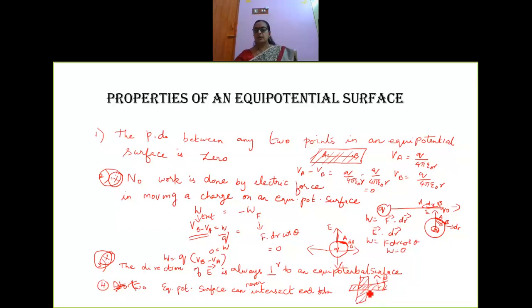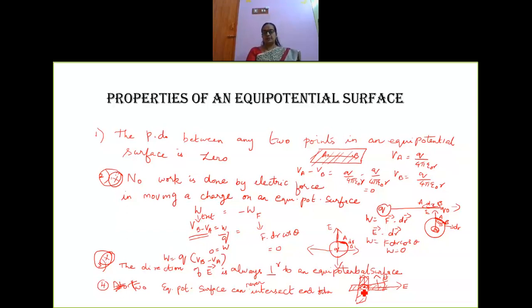Okay. Now, what will be the electric field as far as this is concerned? This will be the electric field. So, there are two electric fields as far as these two equipotential surfaces are concerned, which meet here. Now, here let me draw the electric field. This is the point. Okay. Now, at this point, this will not happen.